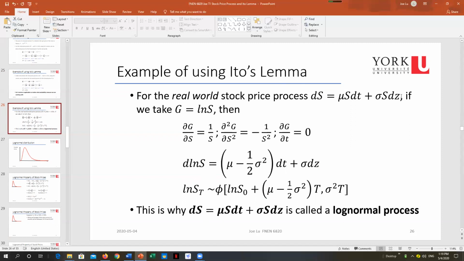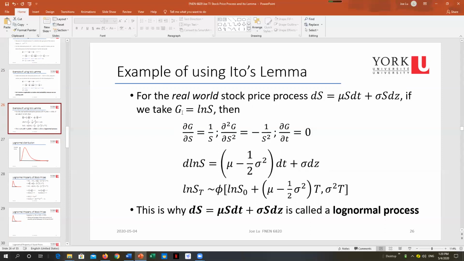So now you have dS equal to mu S dt plus sigma S dz. Mu and sigma here are not functions now, they are just parameters, okay? They're constants. Now, if we have a function G which is log S,